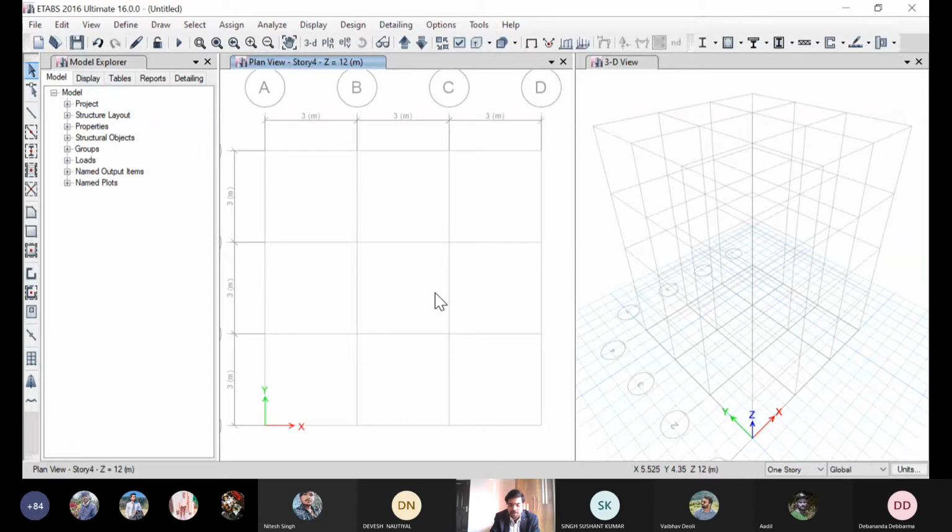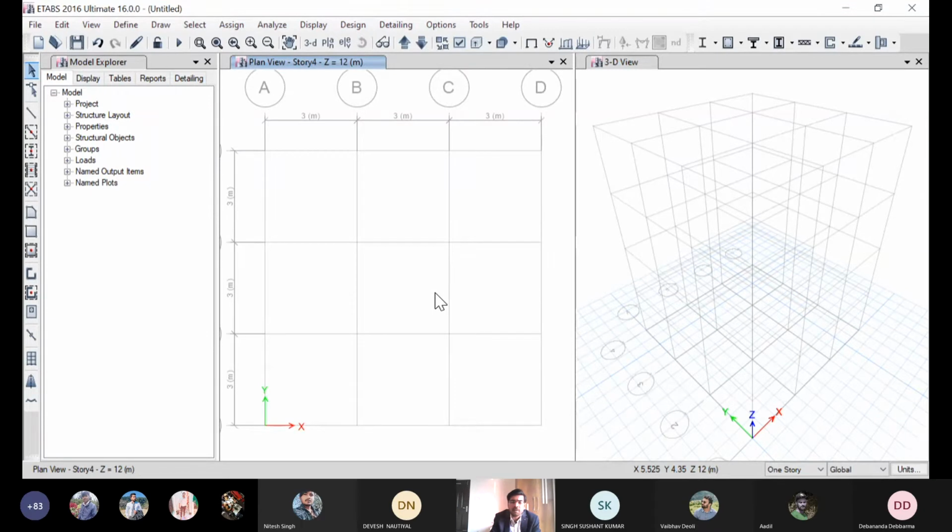Now this was the first part, that is modeling. The second part is going to be defining the material, in brackets, columns, beams or slabs. The third step would be assigning the material. Means what material we have defined, we need to tell the software that this is for beam, this is for column, this is for slab, the cross section and material. So after defining, we need to assign them. After assigning, we could just go to analyze before seeing some parameters.